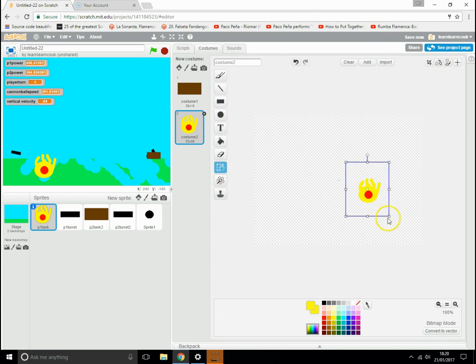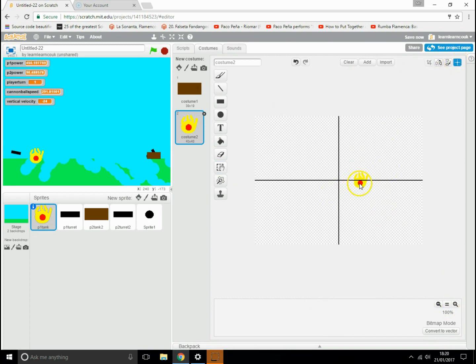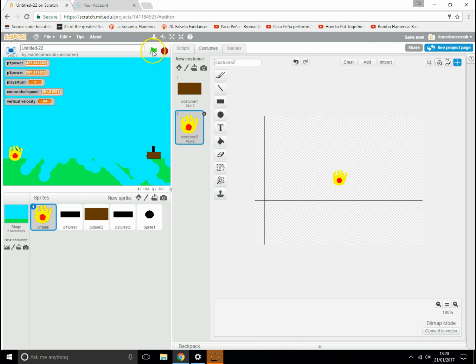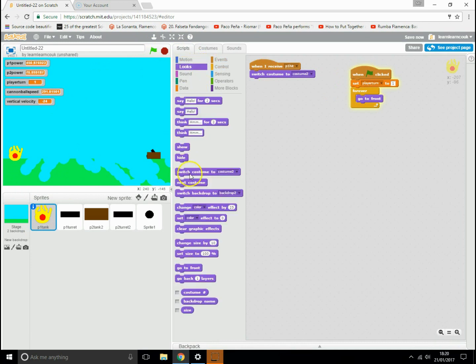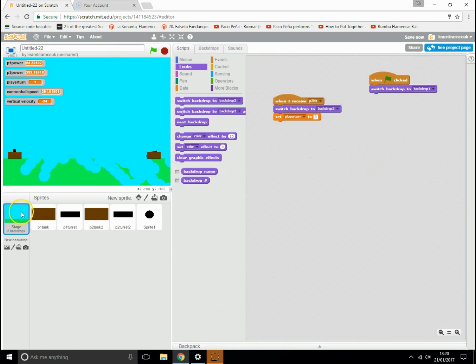It's probably a little bit big, should we make it a little bit smaller? About there, there we go. And let's centralize that sprite on there. Good stuff. Excellent. And we'll also say, when start clicked, set our costume to costume number 1. Good. Excellent. So that's good. What we could do, actually, I've just realised now, is